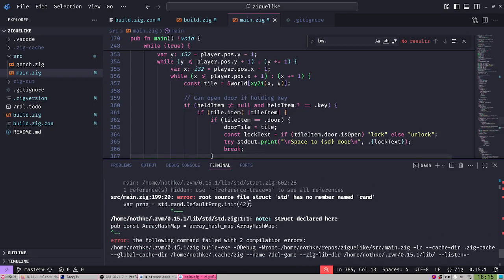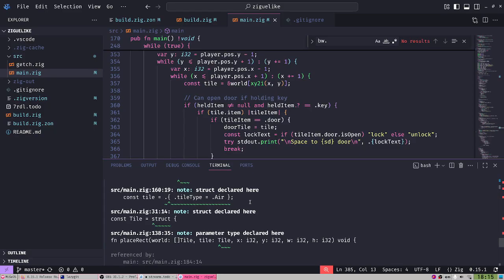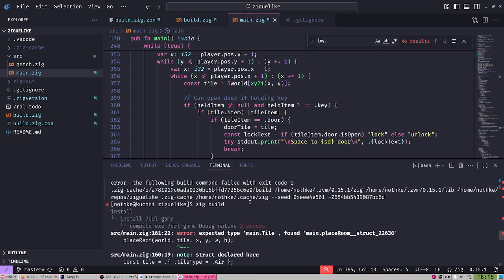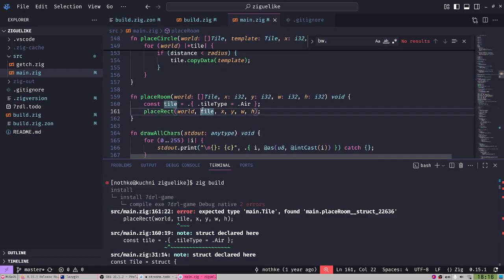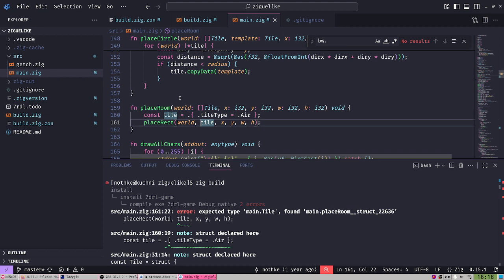No, there is more stuff. What is the problem now? Expected type main.Tile, found place rect struct. Interesting. This is my issue, but it has struct declared here.